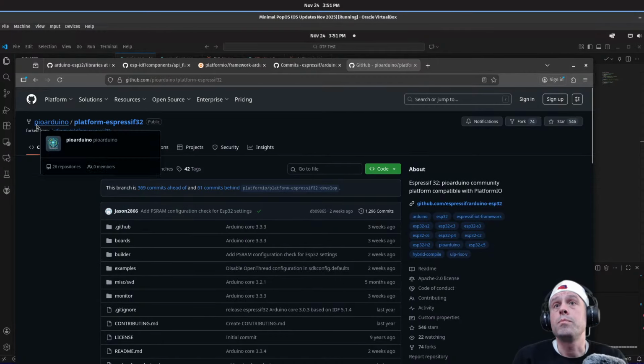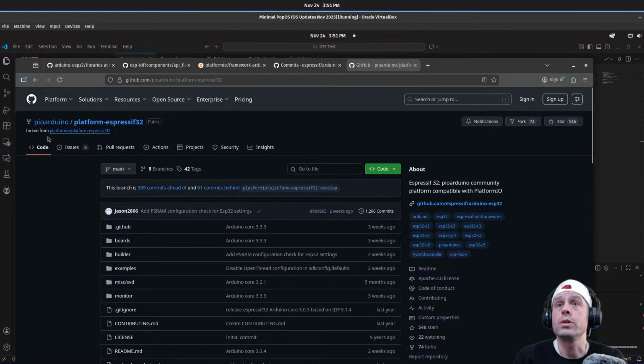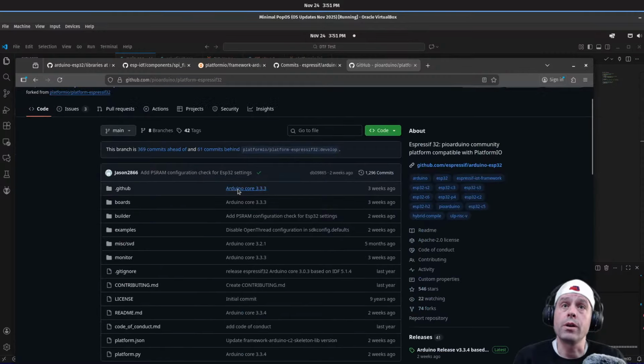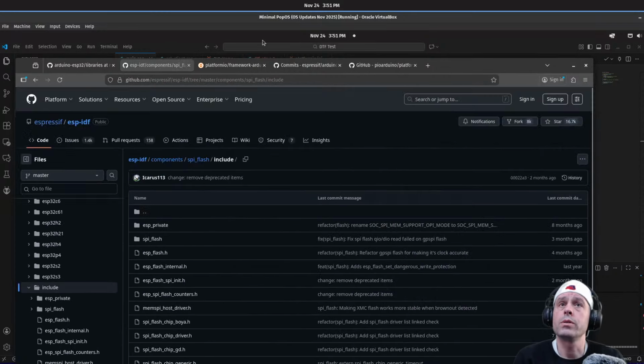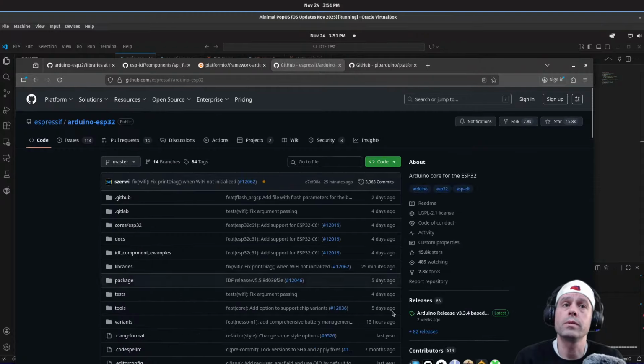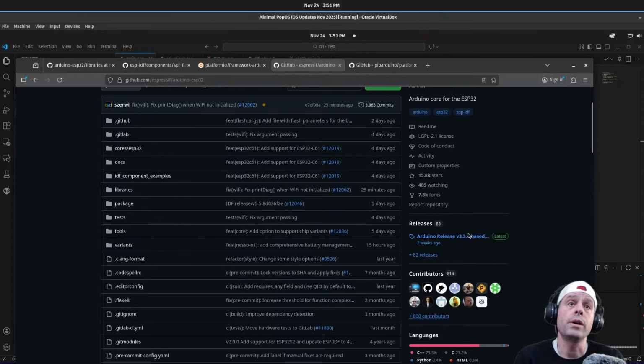This is the PIO Arduino Platform ESP32. You can see it was forked from PlatformIO Platform ESP32. And the whole point, you can see right here, Arduino Core 3.3.3, Arduino Core 3.3.4. What did I say the most recent version of that was? Let's come back to the main. 3.3.4, right?